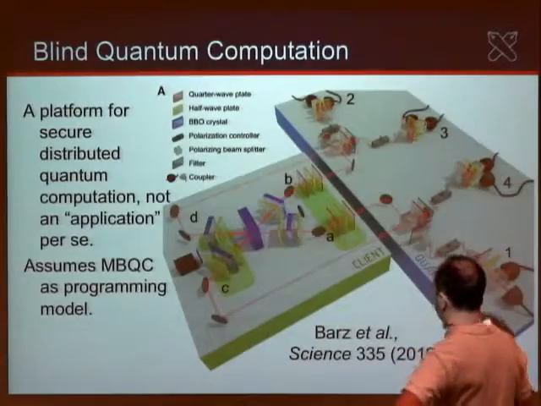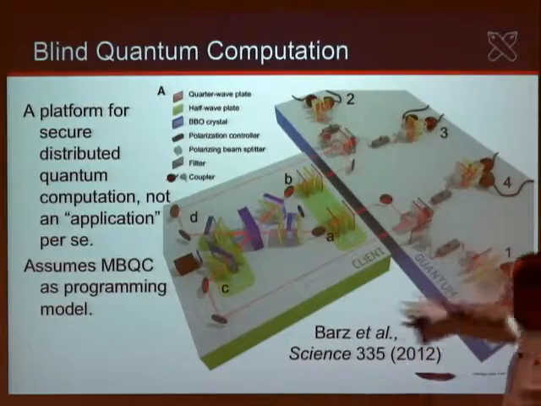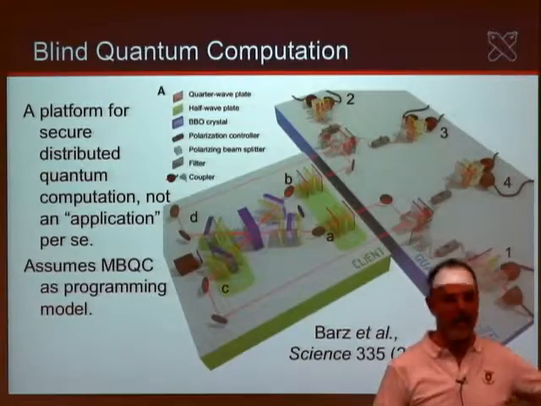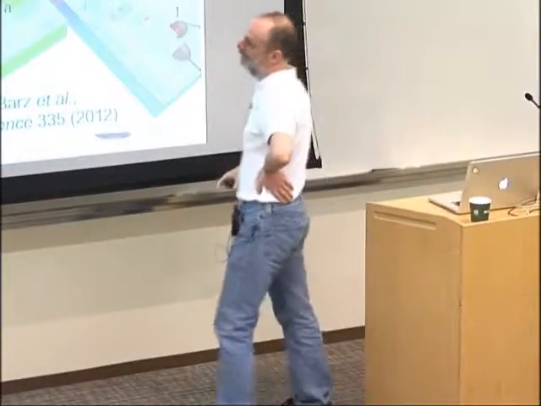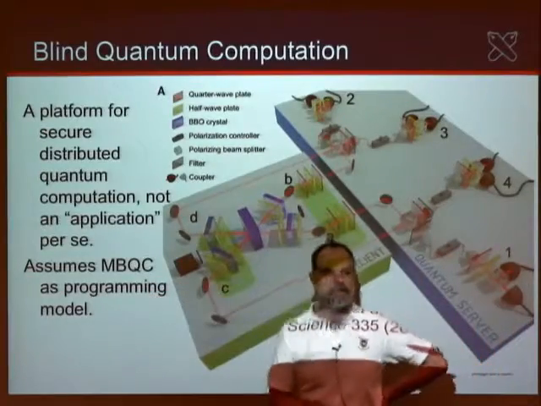Using an optical system, they divided the system into a quantum server and a quantum client. In the system sense, where this would fit in would be essentially a computing platform from our point of view. It's not a specific algorithm, but it does fit into the overall structure of networks as we're talking about it. Okay. And by the way, this assumes measurement-based quantum computing as a model. That's built fairly deeply into the concept of blind quantum computation.